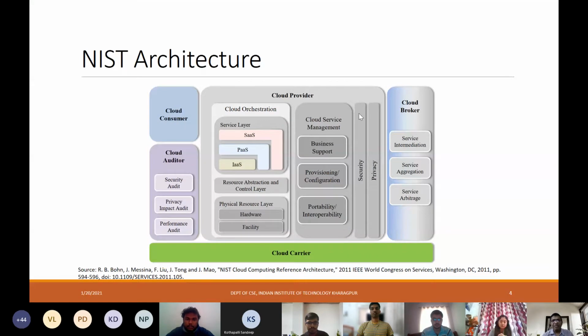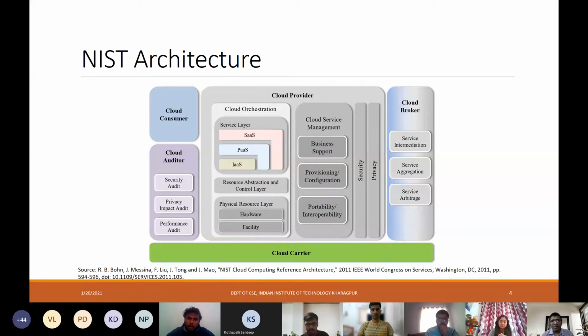So this cloud provider basically has different individual components. One is called the cloud orchestration. Second is the cloud service management. Third is security, and fourth is privacy. So these are the four main building blocks of cloud provider. So cloud orchestration in turn has three major components. One is called the service layer, second is called the resource abstraction and the control layer, and third is called